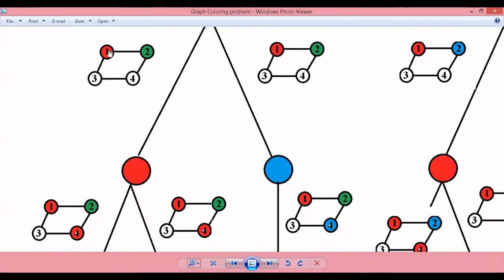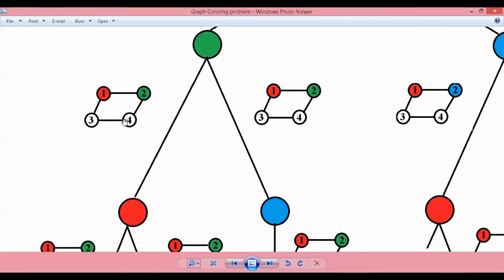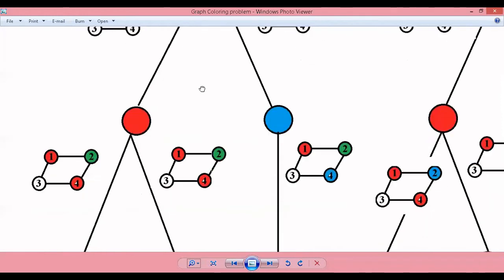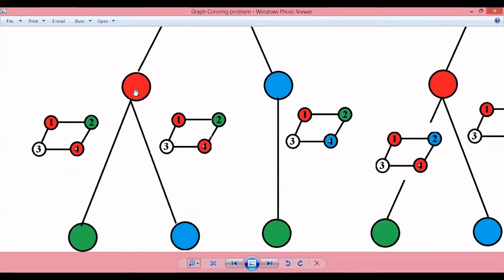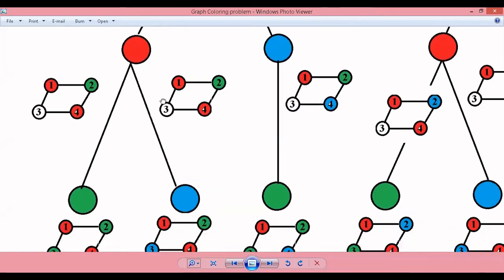Now node 1 I have colored with red color, node 2 I have colored with green color. For node 3, see, I have placed the hand. For node 3, there are two more choices, that is either red or blue. I can color my node 3 with either red or blue, but not green. So I have taken two choices, red or blue. Suppose I take red, then the third node is colored with red. See here, this also red, this also red. Now only the last node is remaining. The last fourth node is remaining, that has to be colored.